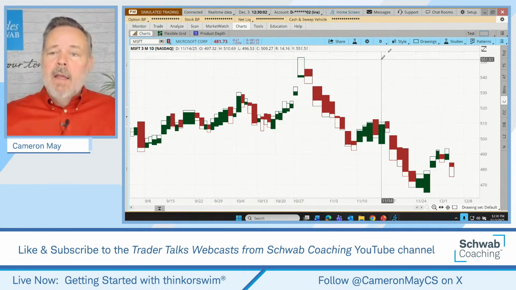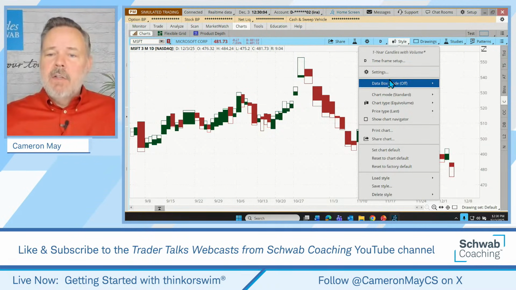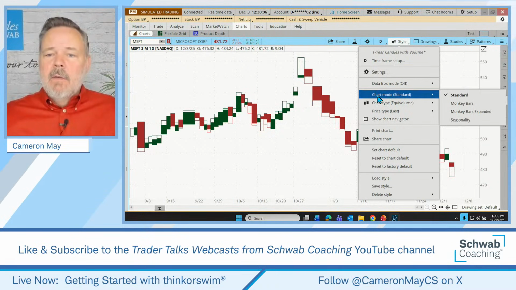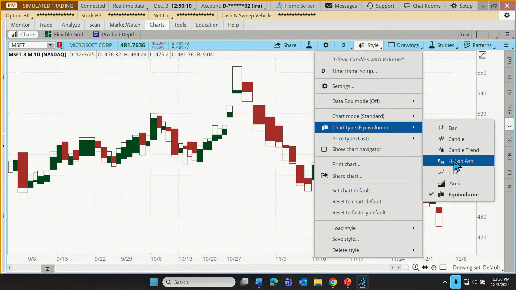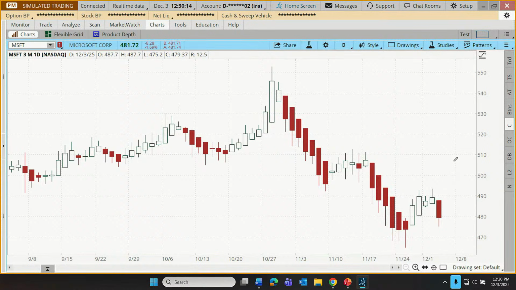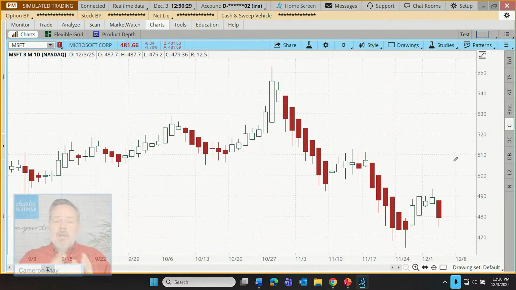Let's go back here and load up that final chart style. We're going to go to the equivolume. We've covered each of these except for that one. Let's go to Heikin Ashi. With Heikin Ashi, it might look like, oh, Cameron, all you did was load up a traditional candle. No, as we squint a little bit closer, Heikin Ashis are pretty substantially different than a traditional candle. They still have the white and red color scheming, but